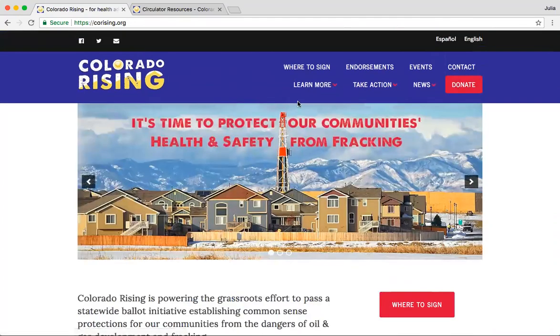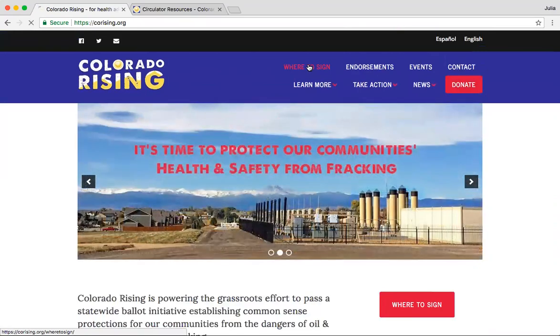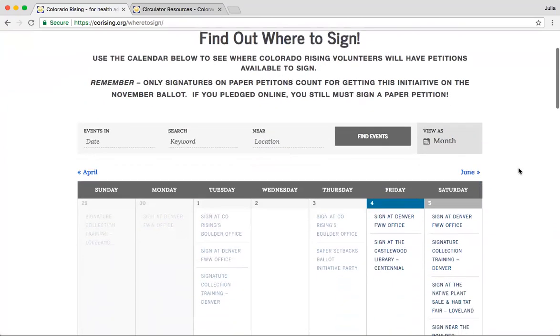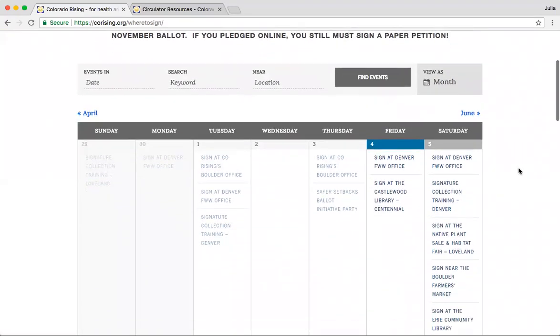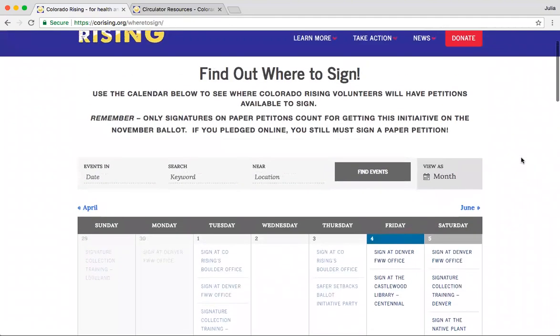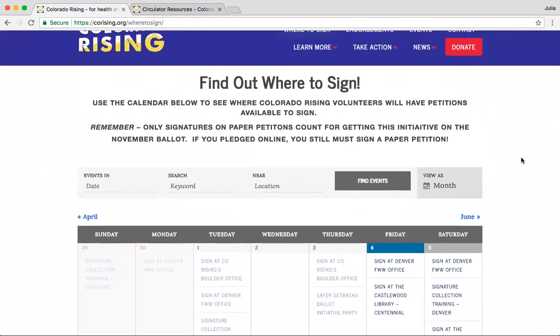The other calendar that is public facing is the where to sign calendar. So that's right here. If you click it and open it, you can see that it looks almost exactly the same as the events calendar, but the content on the calendar is completely different. So for instance, this calendar is specifically for people to find out where people will have petitions to be able